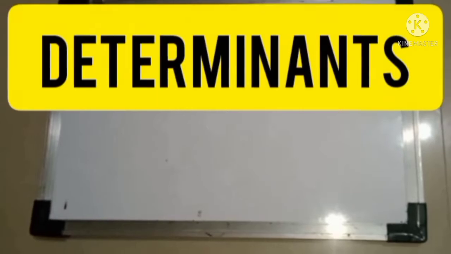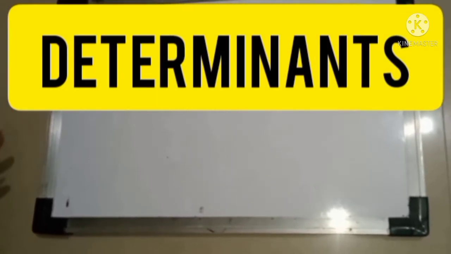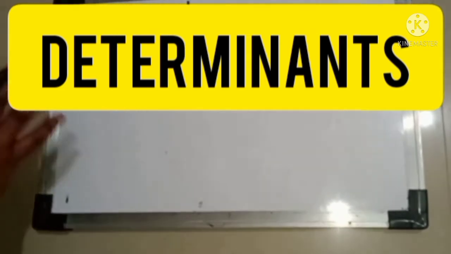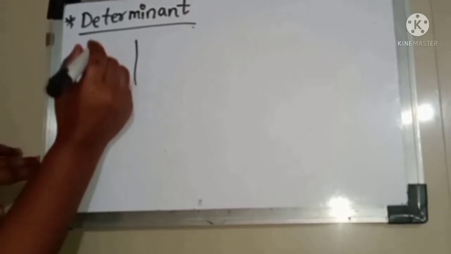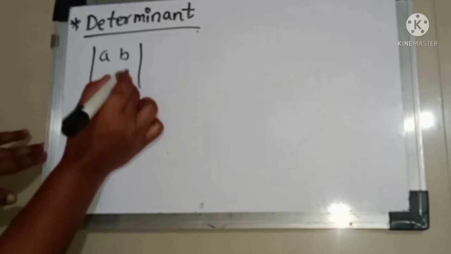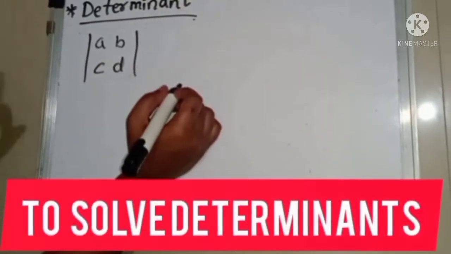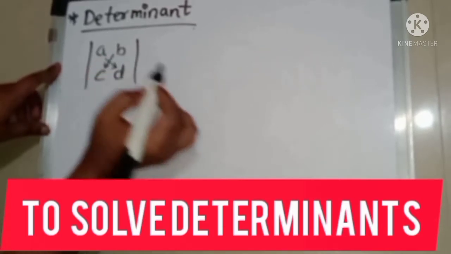Okay students, before starting with Cramer's rule, let's learn an important term which is very useful in Cramer's rule, that is the determinant. So how does a determinant look? We represent determinants like two standing lines, and in between there are four numbers, which I am representing now by two columns and two rows. Okay. So if I have to solve it, we have to cross multiply like this.